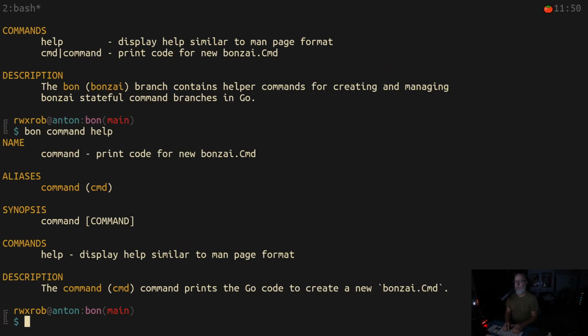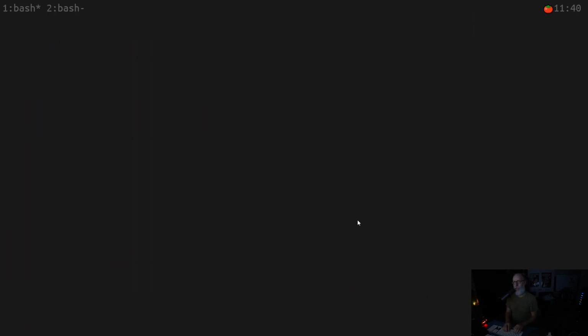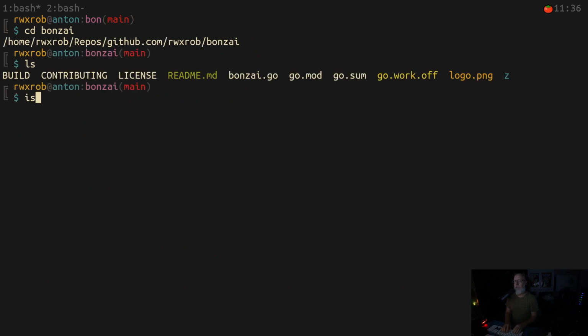Now, if I want help displayed somewhere, we don't have a lot of stuff here. Help command parentheses. There's our documentation. Now it did just backtick it. It didn't do it, but I'm going to actually put support for backticks. I've got to go add that to Bonzai mark, and I'm going to do that. Let me just add an issue for this. Add support for backticks